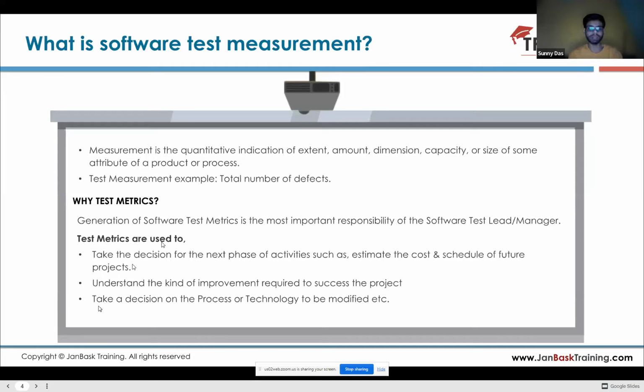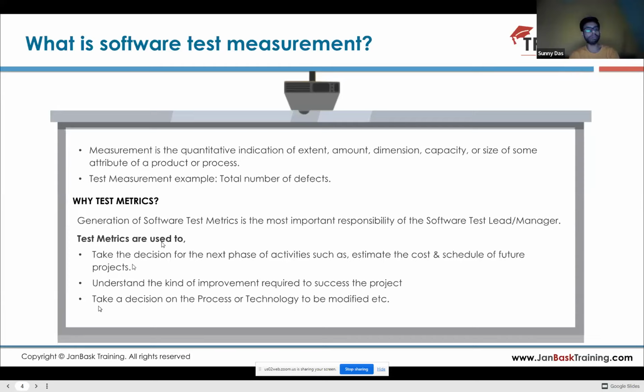from this test matrix. Now the second thing is to understand the kind of improvement required for the success of the project, that we have already discussed. How can we understand what kind of improvements are required, whether it's a process-related improvement or we need improvement from the development side? So because